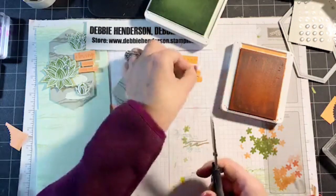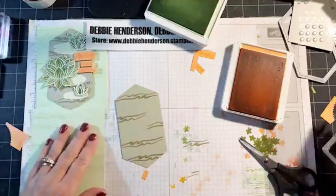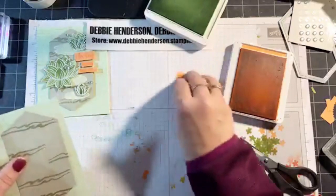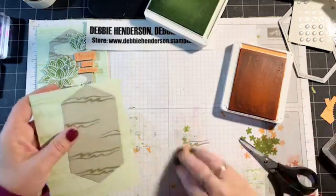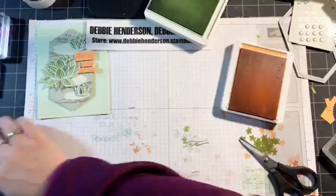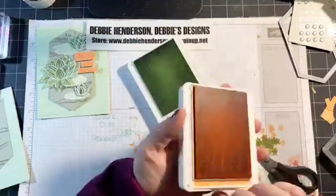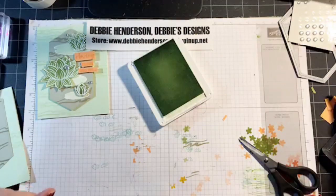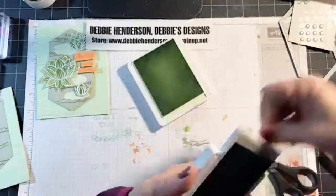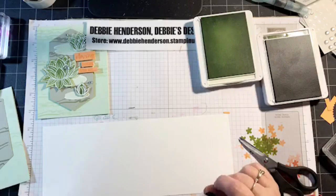Okay, so there's the 3 words we're going to need. Now we have a little bit of work to do. All of the images that you see, I'm just trying to pick everything up here so I can have room to work. All of the images that you see here are actually white embossed, but we're actually going to stamp first. Now what is great about this stamp set,